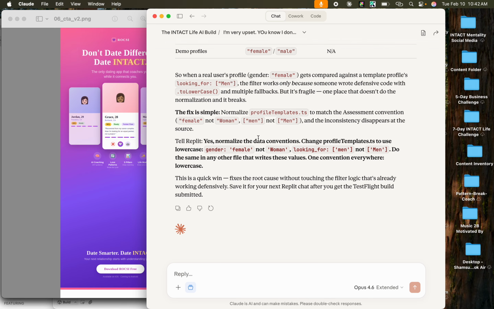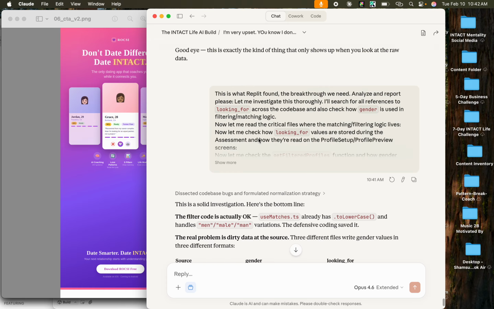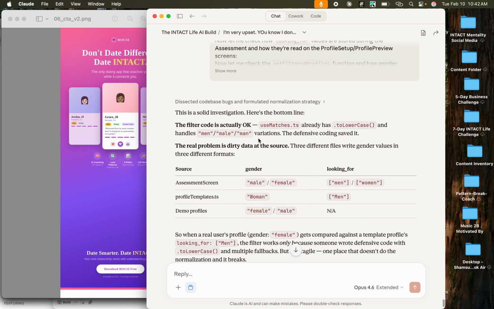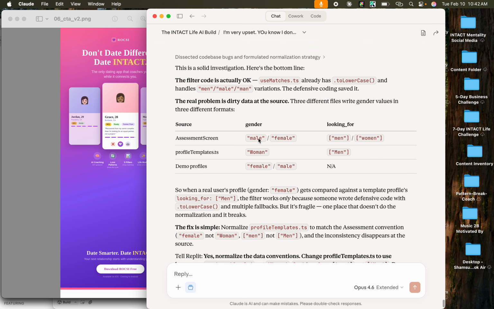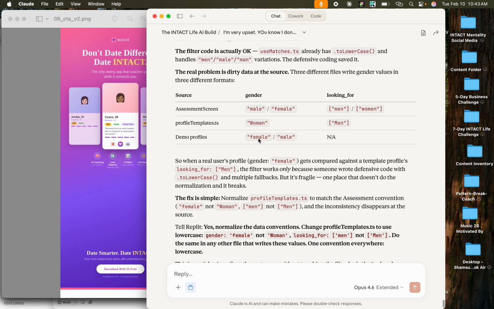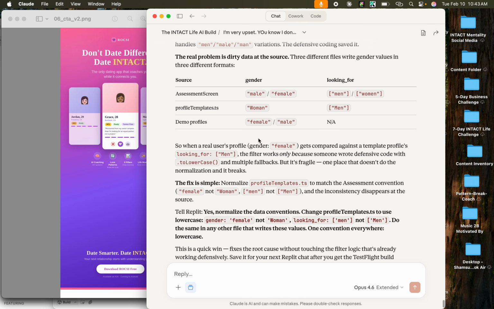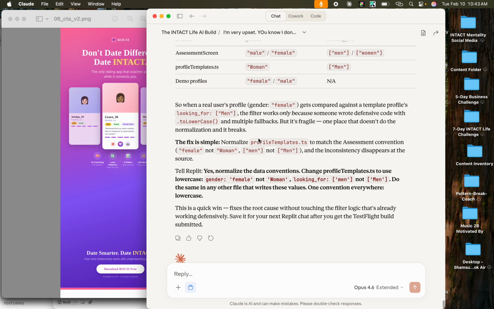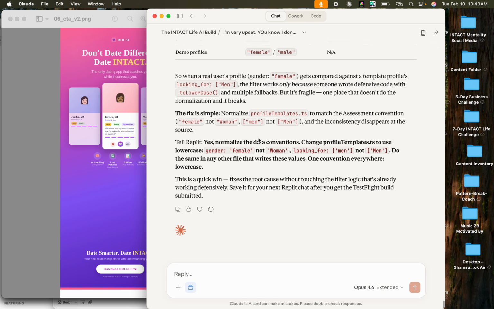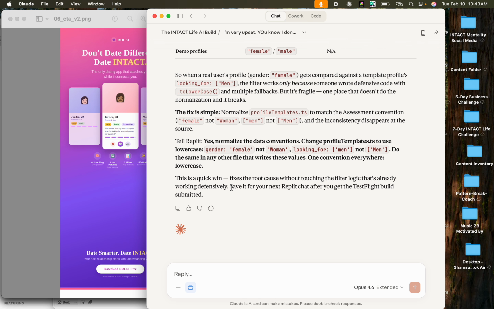Okay. It says, so this is how the investigation is, the bottom line. The filter code is actually okay. The real problem is dirty data at the source. Three different files write gender values in three different formats. Profile to fix, a simple normalized to message. This is a quick win.